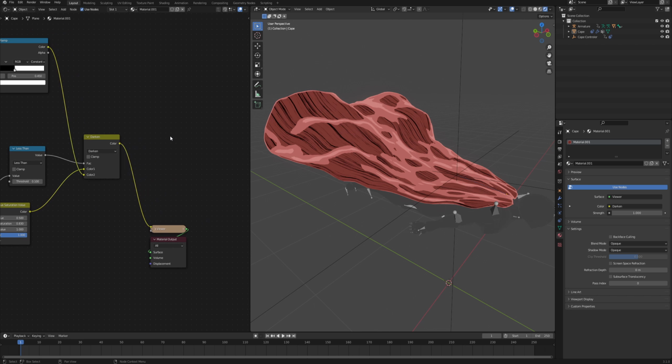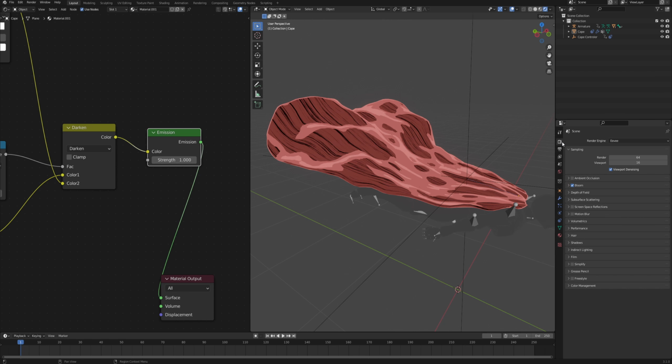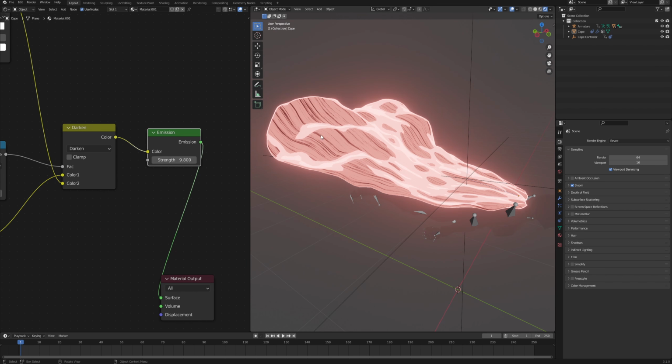Now the last thing to do is get an emission node, because we want this scene to work without any light information. We want this to have this stylized look, and the best way to achieve that is to just connect everything to the emission node and keep the strength at 1. Alternatively, if you want this cape, for example, to glow, to emphasize it more in your scene, then you can go into the render settings and enable bloom, and then as you increase the emission strength, the higher the value of the color is, the more it's going to bloom away.